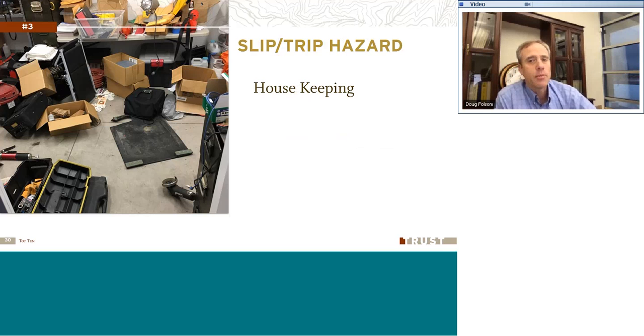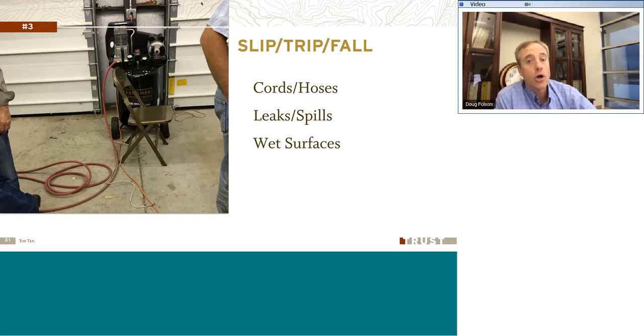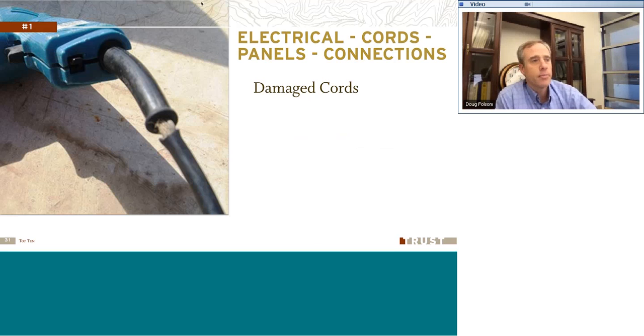So housekeeping is really important, making sure we keep cords and hoses stowed properly up off the floor. If they're not in use, let's get them off the floor. Let's employ hose reels and cord reels to help keep them off the floor so we don't have those trip hazards. Damaged electrical cords on equipment might be another common one that we see. So those give you some ideas